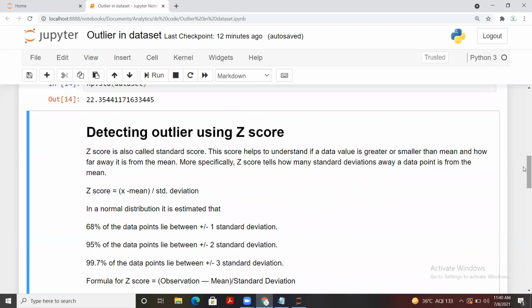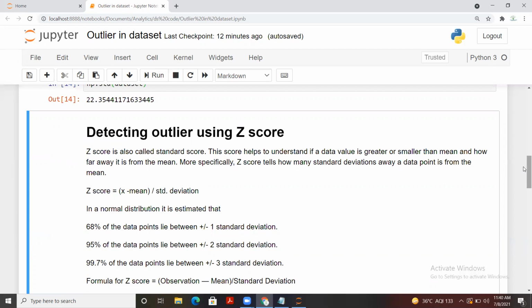If our data is normally distributed, then about 68% of the entire data lies between plus minus 1 standard deviation, and 95% of the data lies between plus minus 2 standard deviations. And 99.7% of the data points lie between plus minus 3 standard deviations.